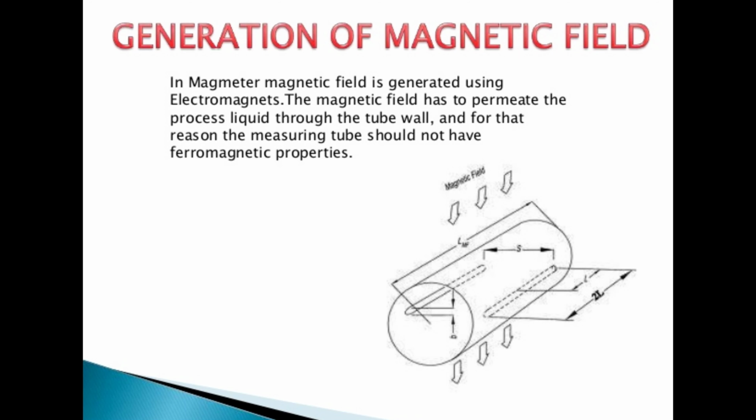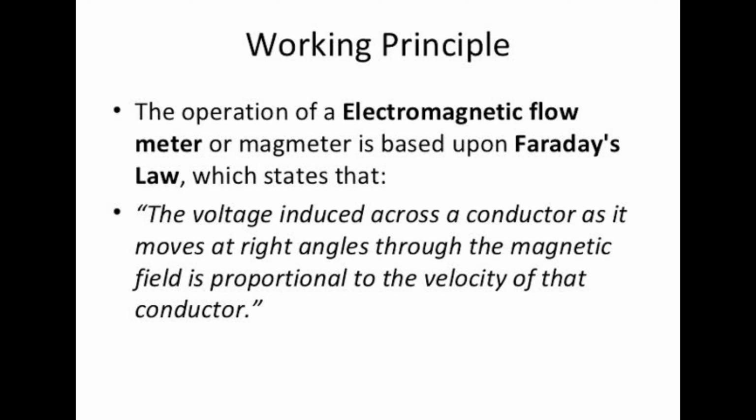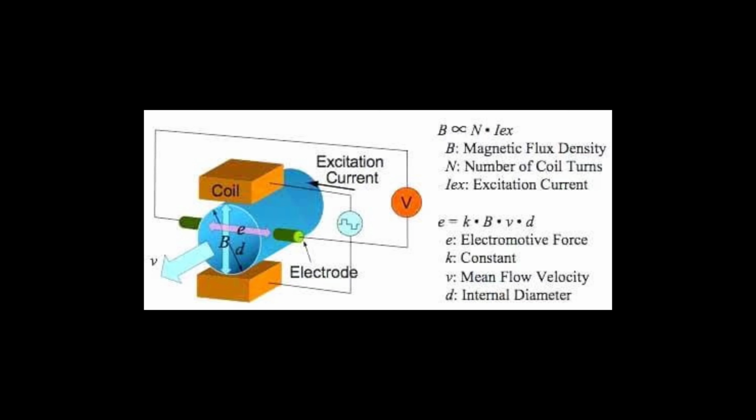It is very important to note that the liquid whose flow is to be measured using an electromagnetic flow meter must be electrically conductive. I already told you the liquid must be electrically conductive, then we use electromagnetic flow meters. Faraday's law indicates that the voltage E depends on the average liquid velocity V, the length of the conductor and the magnetic field strength. The magnetic field will thus be established in the cross section of the tube. You can see a sensor we are using.